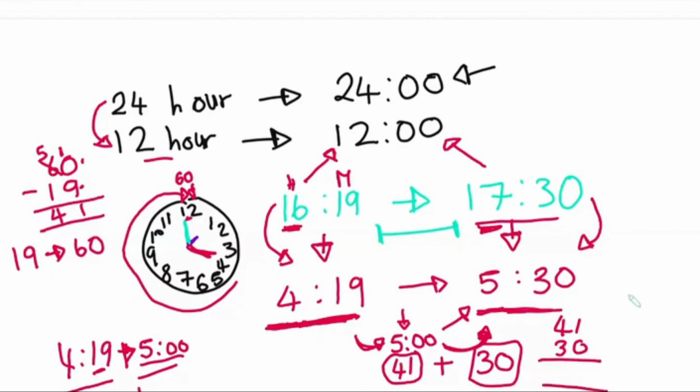Can you work it out? I'm going to give you 1 minute. What's 41 plus 30, please? Let's put our add sign there. Fantastic, brilliant. So we put our 1 down there. 4 plus 3. Fantastic. It's 7. So there's 71 minutes, because we need to know how many minutes. We're not going to change it into hours or anything. We're going to leave it as it is, 71 minutes, because the question is how many minutes between